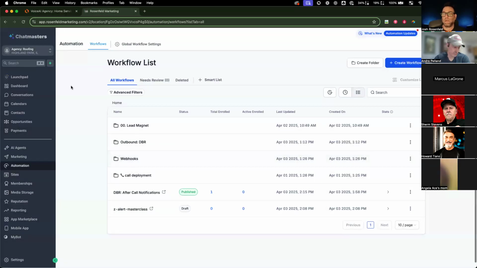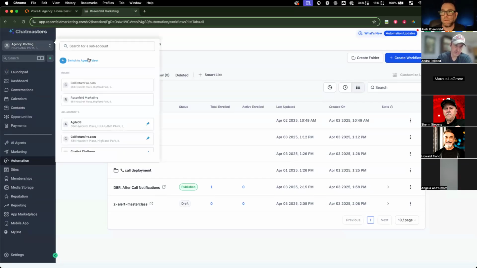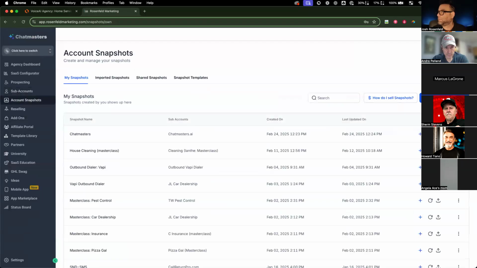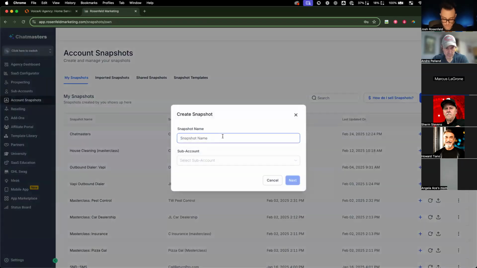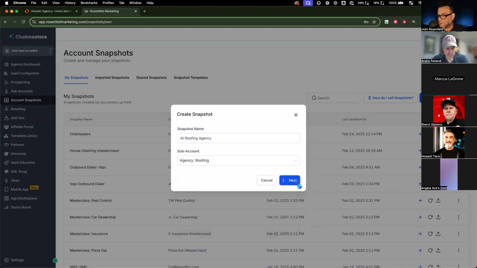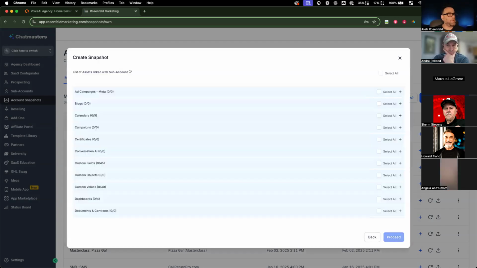Okay. So now let me do this for y'all. Let's see, account snapshots. Create new snapshot. Agency AI roofing agency. Okay. All right. Now, while that goes through,